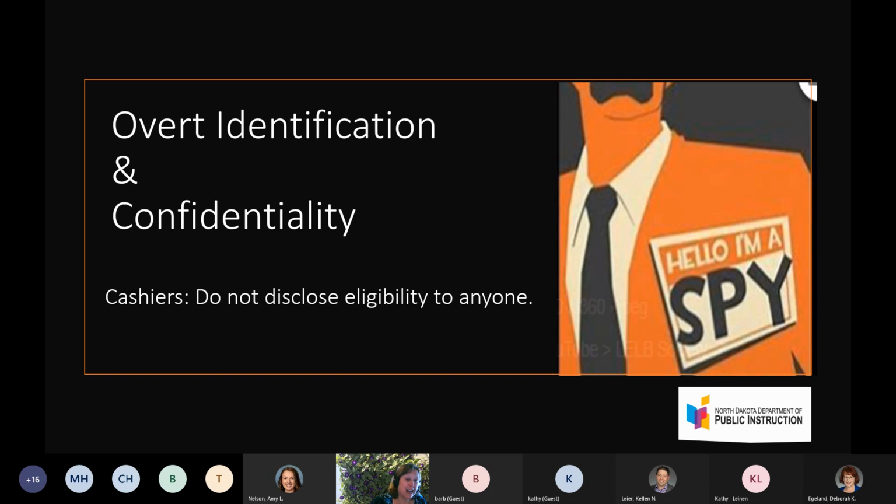Now, this information is highly sensitive and it is even illegal to access it or give it out without authorization. Some of our older POS systems had some problems with eligibility status being seen on the screen that allowed others that may have been just standing right next to the cashier talking, they could see the eligibility status. So we really encourage the use of a screen protector on our computer monitors that prevents others from seeing that